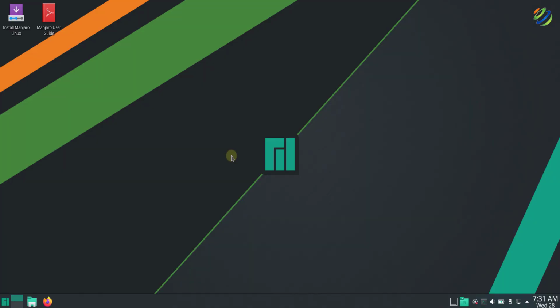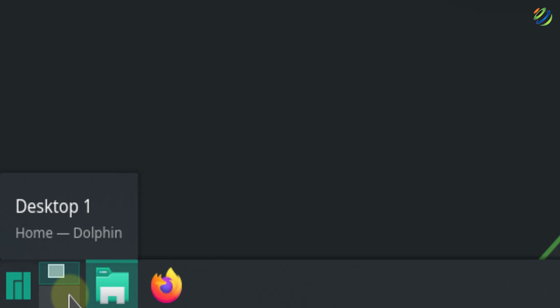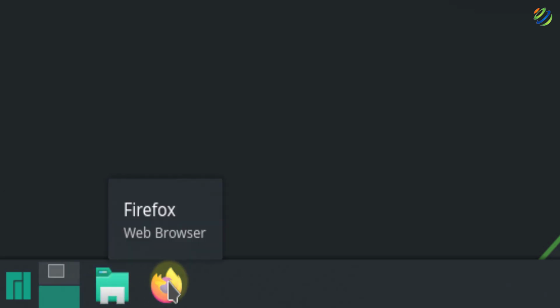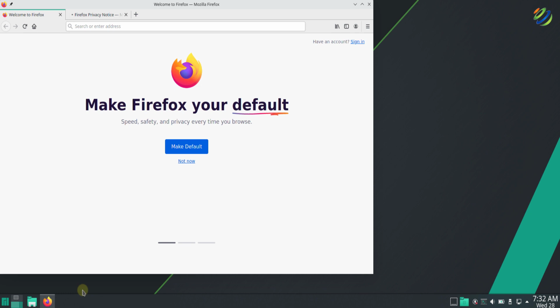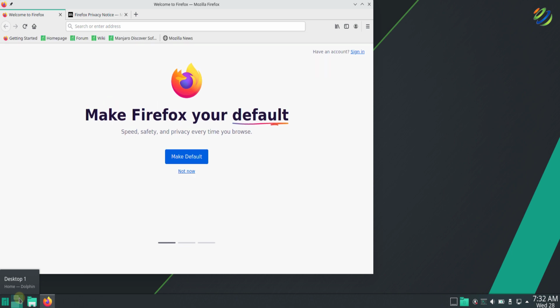Now in KDE Plasma 5.21 we do not have the concept of workspaces. For example, if I open my file manager, Dolphin, here you can see that we have a small window which says desktop 1, and if I hover further down it says desktop 2. If I click on desktop 2 and open my browser, my browser has opened up, and I have only 2 desktops available. It means that as we were adding more and more workspaces in GNOME 40, we cannot do this in KDE Plasma 5.21. In KDE, we have only 2 desktops.